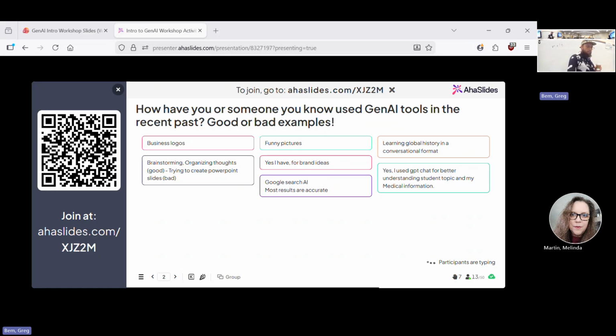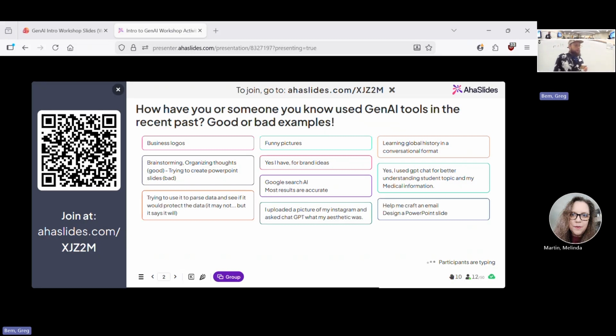Google Search AI, most results are accurate. Trying to use it to parse data and see if it would protect the data. It may not, but it says it will. I uploaded a pic of my Instagram and asked ChatGPT what my aesthetic was. Interesting. Help me craft an email, design a PowerPoint slide.